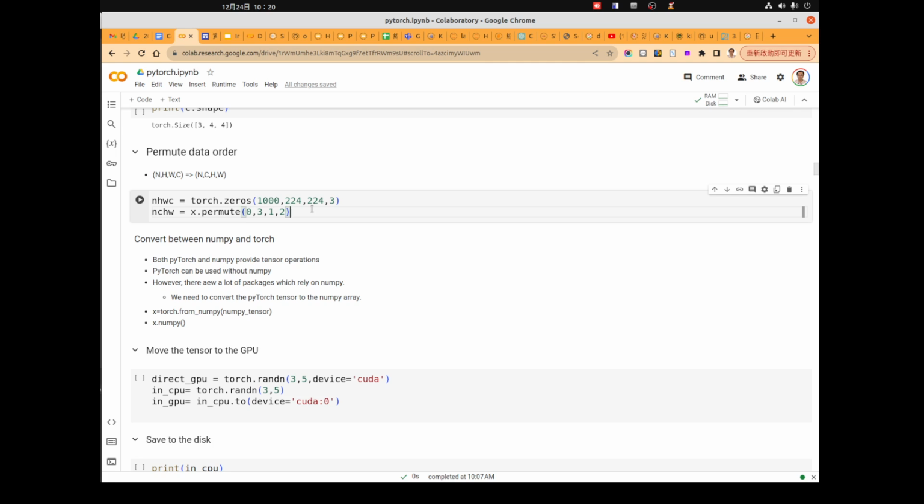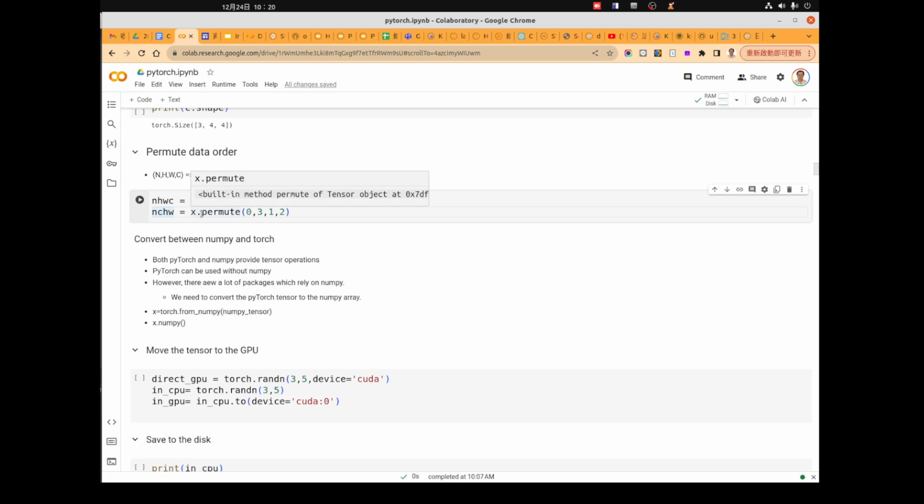So when you read code written by others, you need to read the permute function very carefully. If you make some mistake, the whole program won't execute because the size of each dimension will not match when you pass the data into other libraries.